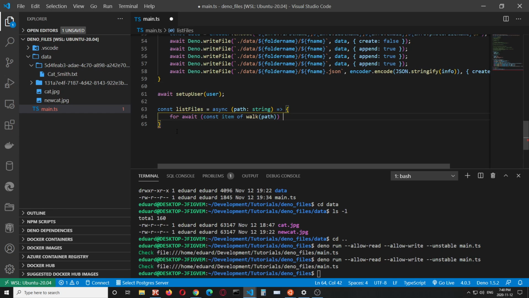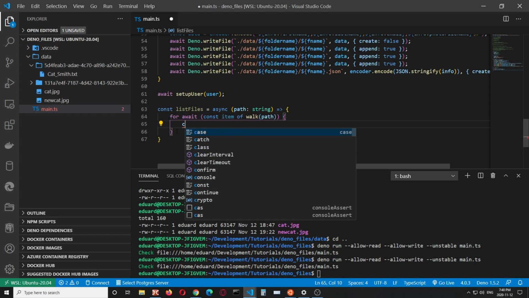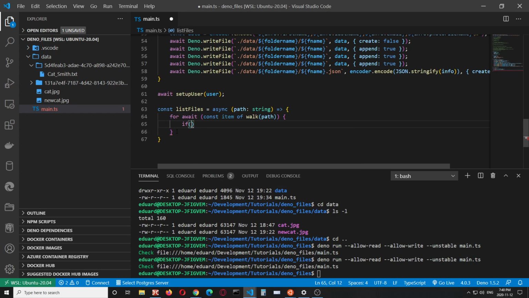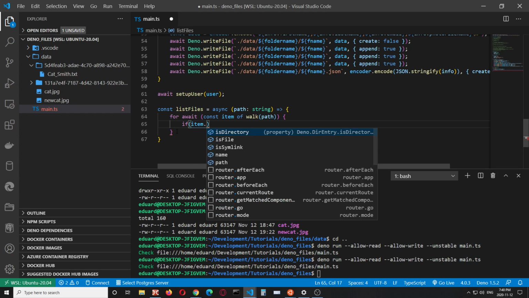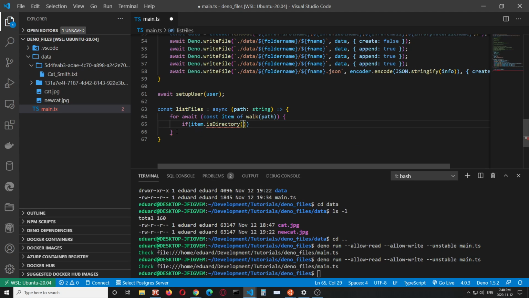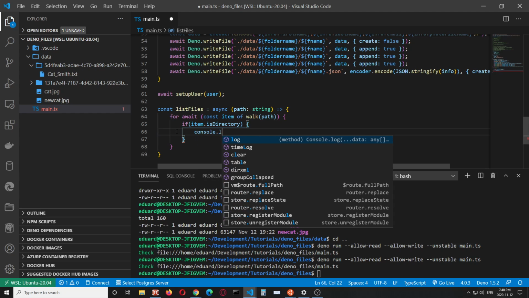And in this case I'm going to check whether the item is a folder or not. So for example, is directory. Actually, it's an attribute, it's not a function. Okay, so if it is a directory, I'm going to say console log directory,